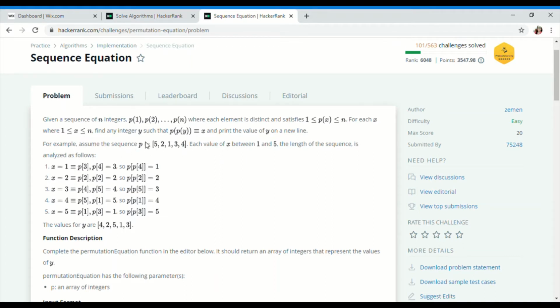An example is given, like for example, p is 5, 2, 1, 3, 4. Each value of x can be from 1 to 5. The sequence will be analyzed as if x equals 1,